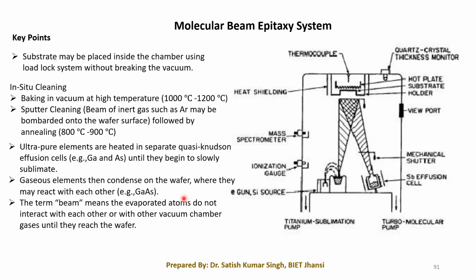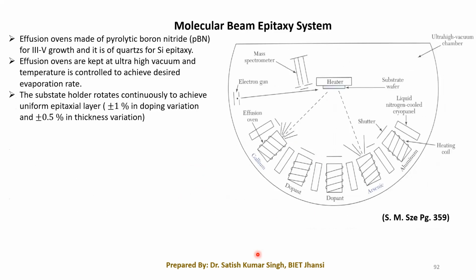So here I have written for gallium arsenide, but here I am explaining about the silicon system. But we can have multiple different chambers. Okay, so that we can see in the next picture. This is the more detailed diagram. In this diagram you can see that we have a large number of chambers. Lots of chambers are there. If we want to grow a monocrystalline layer of gallium arsenide onto a particular substrate, then we need